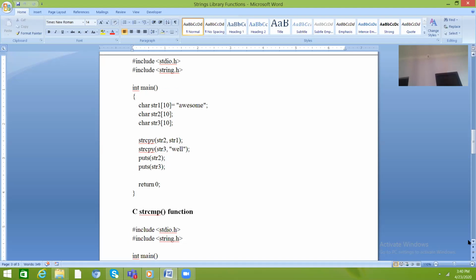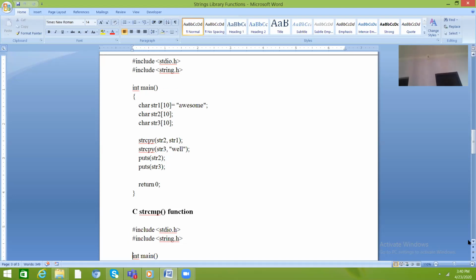So the strcpy function we are using here in the next statement. I have written strcpy, and in brackets str2 comma str1. It means the str1 string is now copied into str2. So str1 is the source string and str2 is the target string, and the content of str1 will be copied into str2. And next, when you see str3, strcpy str3 comma well.